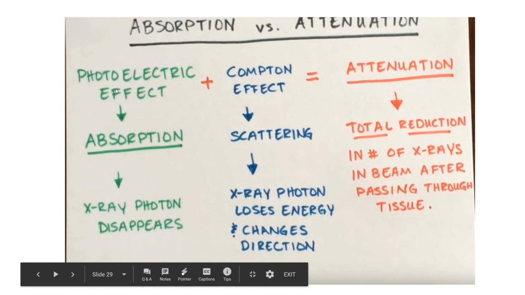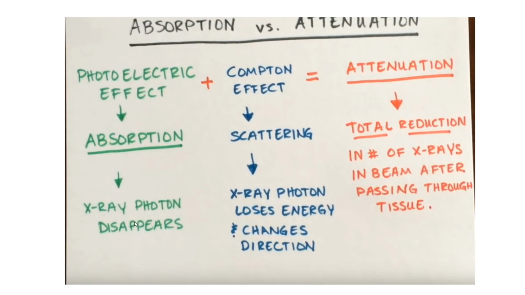Photoelectric effect, and it kind of makes sense, is absorption. X-ray photon, gone, disappears. Right? Compton effect is scattering. X-ray photon loses some energy, like in our example, went from 80 to 78, changes direction. The combination of photoelectric effects and Compton effects is what we call attenuation,